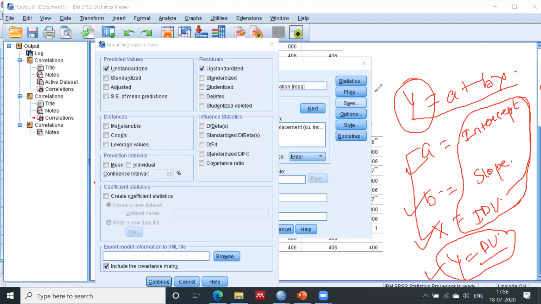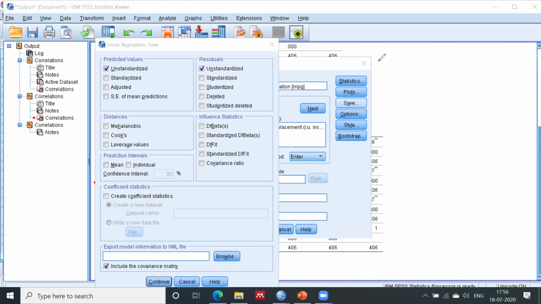Let's take the example of advertising and sales. Advertisement is the IDV, correct? And sales is my dependent variable, DV.